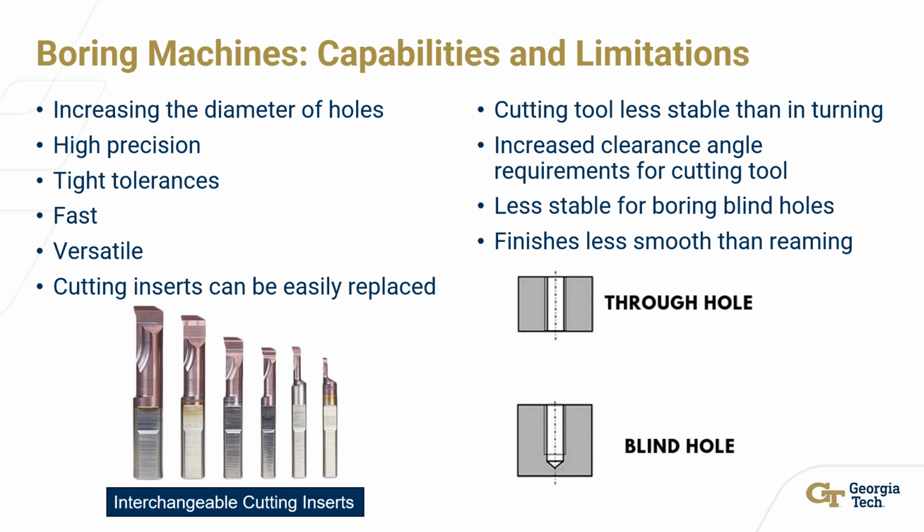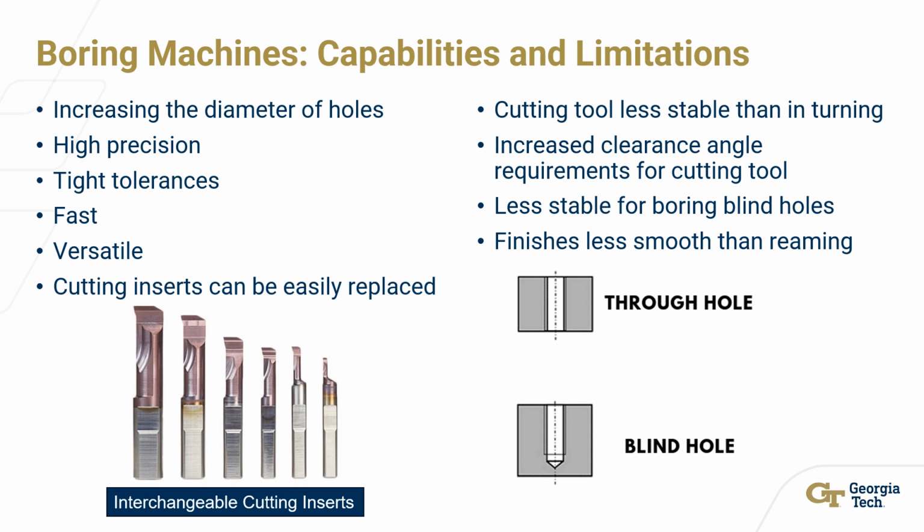Limitations include reduced stability of the cutting tool relative to turning because the cutting tool goes inside the workpiece, causing it to be held less rigidly and have increased clearance angle requirements. Since the boring bar has to reach the full length of the bore, tool deflection and maintaining dimensional accuracy can